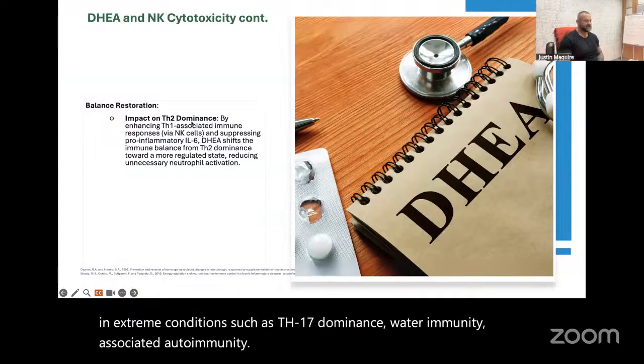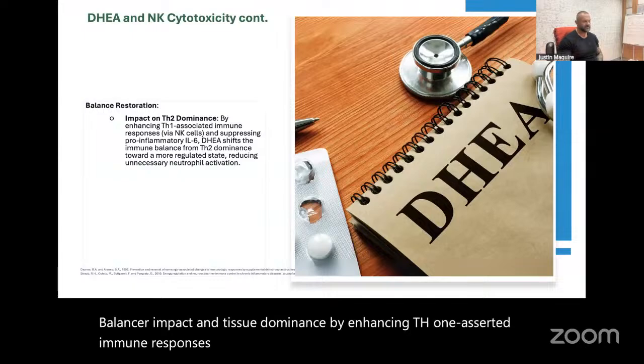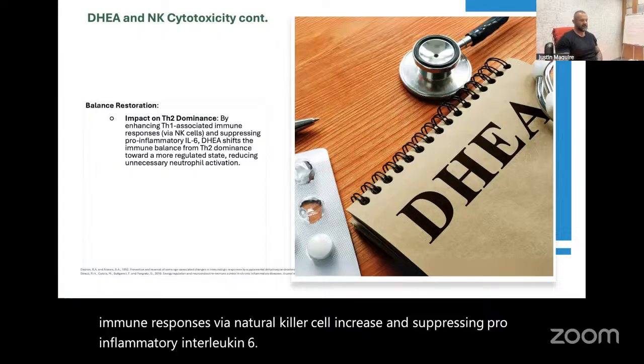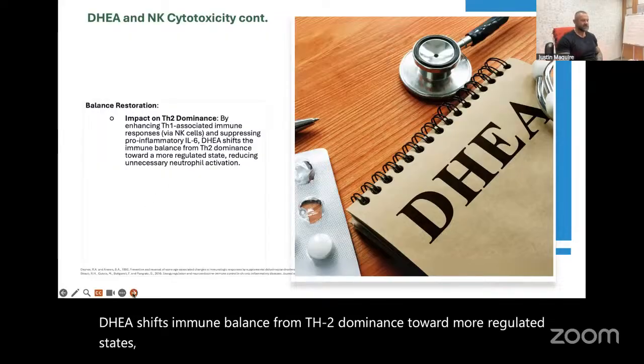It balances the impact of Th2 dominance by enhancing Th1-associated immune responses via natural killer cell increase and suppressing pro-inflammatory interleukin 6. DHEA shifts immune balance from Th2 dominance toward more regulated states, reducing unnecessary neutrophil activation. However,